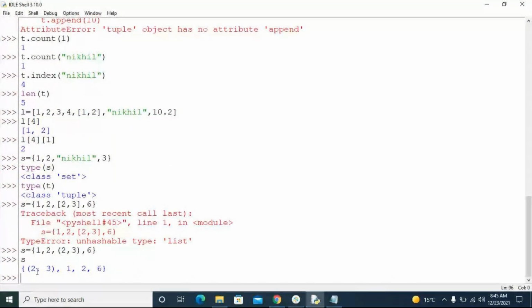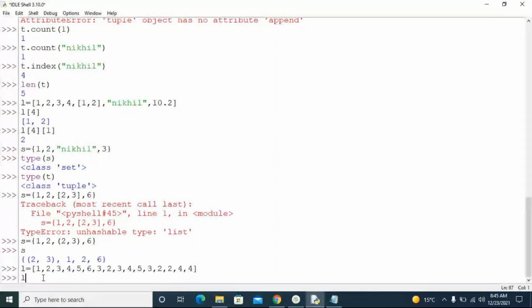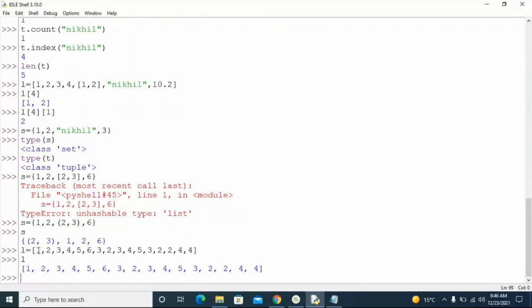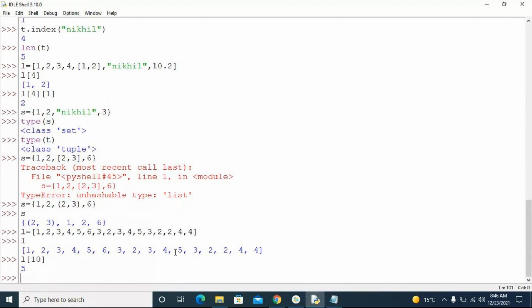Suppose here in a list, if I am taking any list, or you can take a tuple, it is the same representation. You can pass n number of repetitions with the same data. If I print here, whatever I have taken, I am getting the same thing. I can pass n number of elements, and if I want to retrieve, suppose L of 10, what is L of 10? It is 5. So this is the L of 10, I guess. Okay, you got it right.